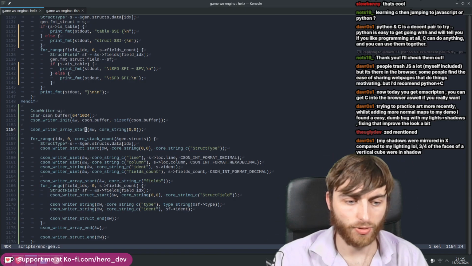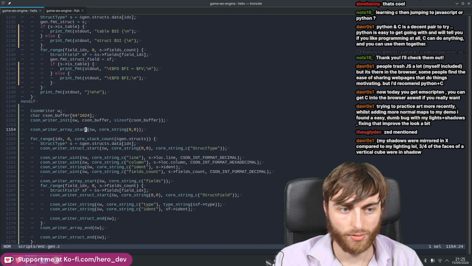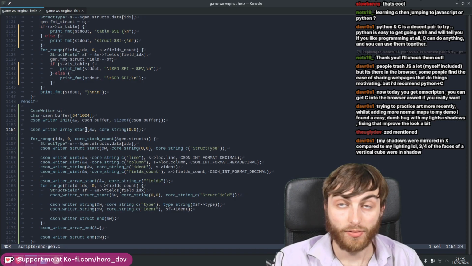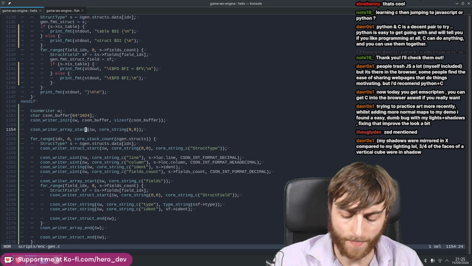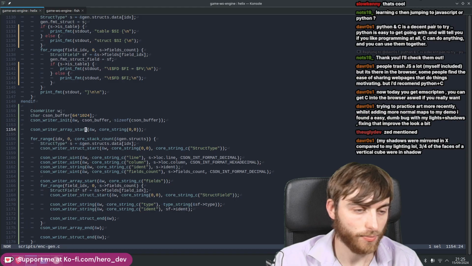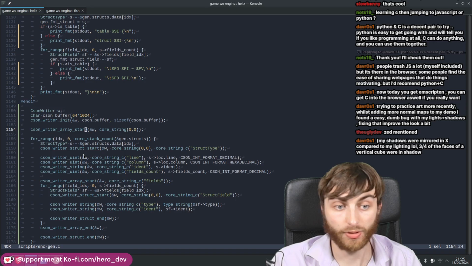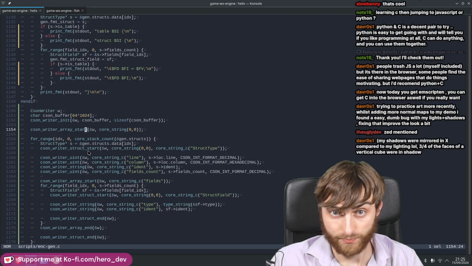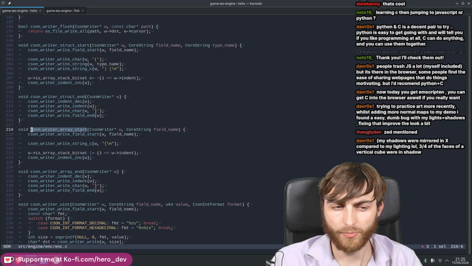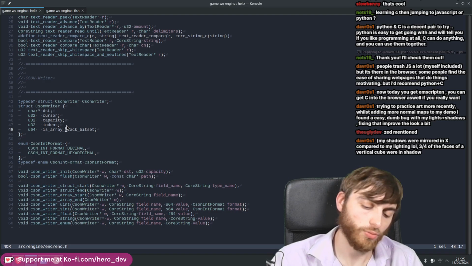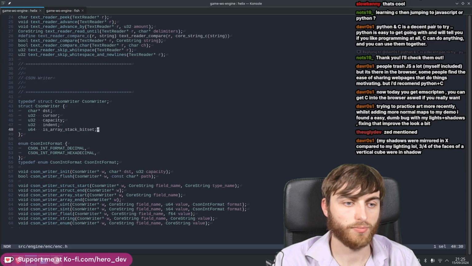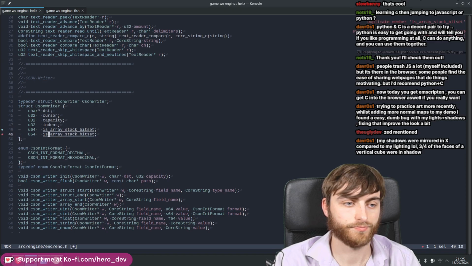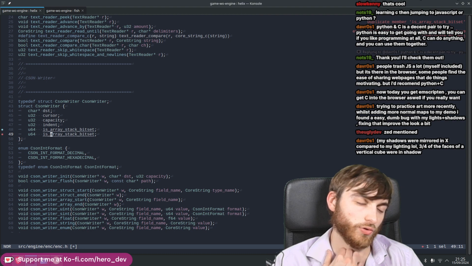Yeah, so we want to have a way to say, if it's an array, well, it could not just be for an array, right? It could be for anything, like an array or a structure. We could have a boolean to say, hey, don't do a new line when you end your fields. That should be quite easy. So if you don't do a new line,